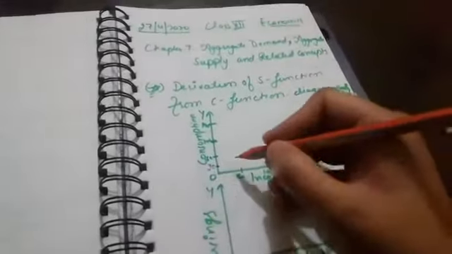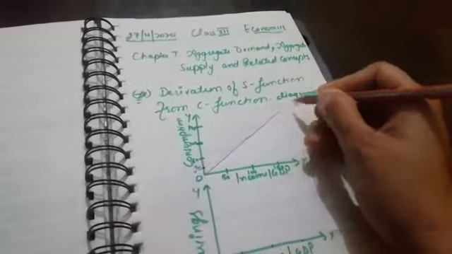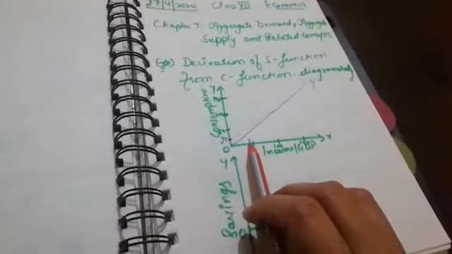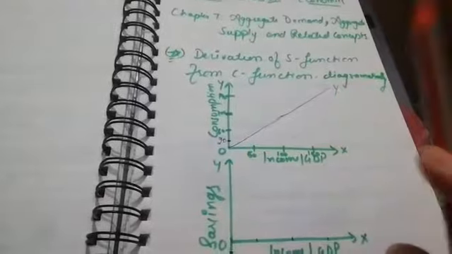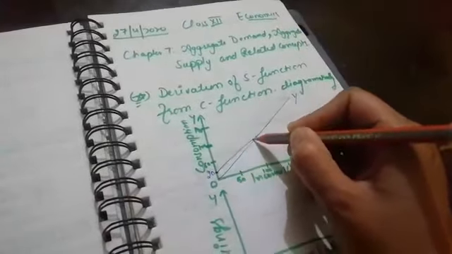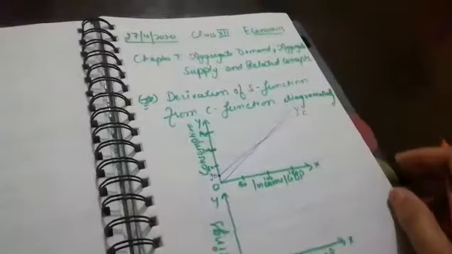Clear? And we know the income curve is a 45-degree line. So we will draw a 45-degree line first, being the income curve. This is our income curve. We know that very well. Now the consumption curve will start from 20, and it will be an upward sloping line because we know that the consumption curve is a positive sloping, straight line. It will increase with the increase in income.